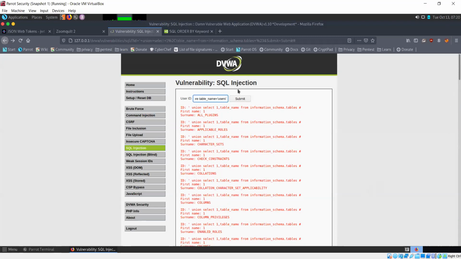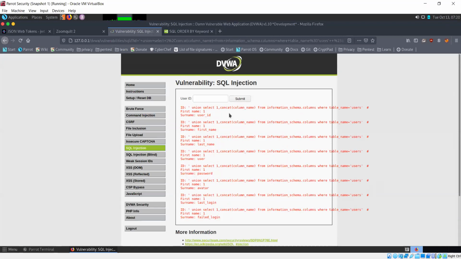So let's try this. Now we have the names of the different columns present in the users table. So we have user ID, first name, last name, user, password, avatar, last login, and failed login.